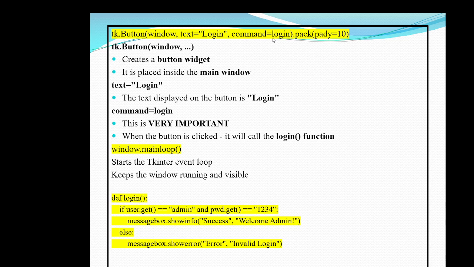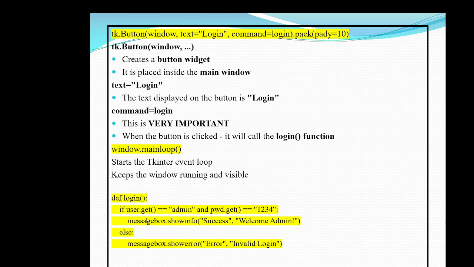That means whenever I click that button, it is going to call a login function. Dot pack pady equal to 10 means there should be 10 vertical spacing, top and bottom of the button. So as soon as I press that button, I'm going to call the login function.